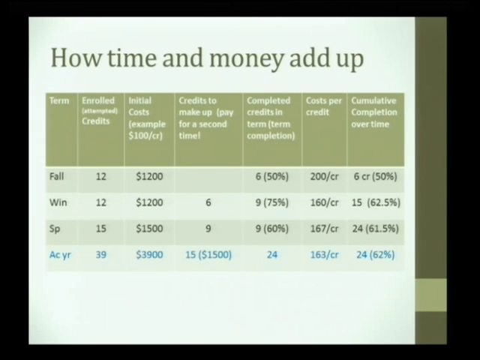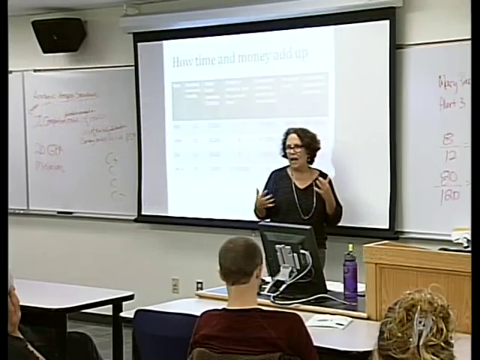So they've spent $3,900 for the 39 credits that they signed up for, plus 3 terms' worth of rent, food, books, and fees. So a lot more than that. And they've only earned 24 credits. So they have to make up these 15 credits, another $1,500, more than a term's time. So it really adds up fast.